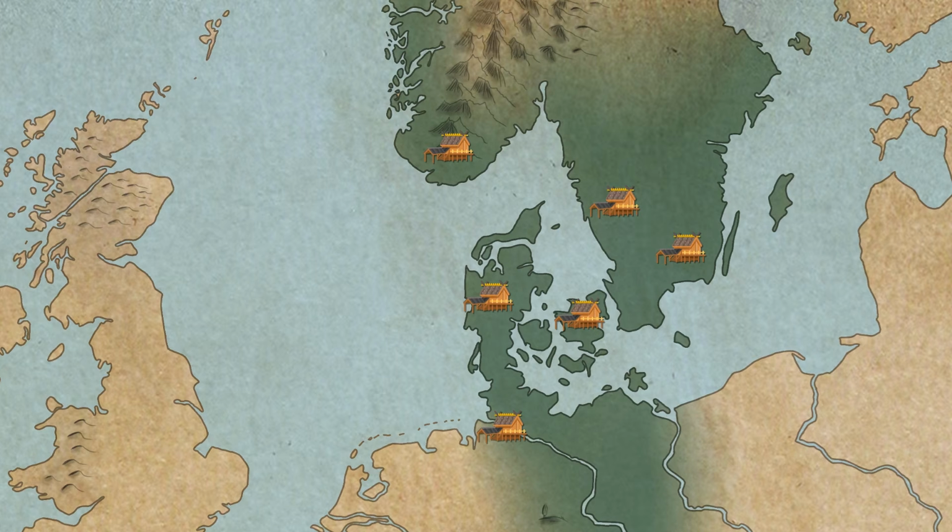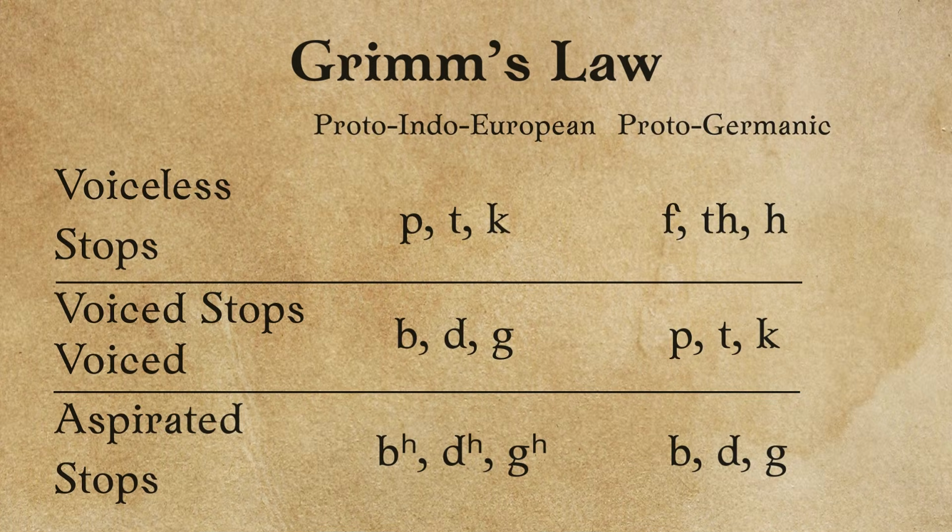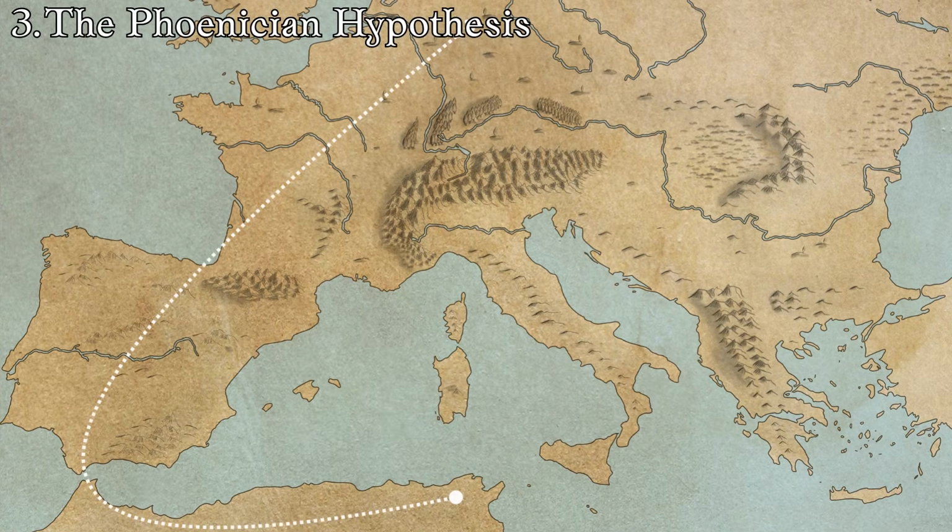There, they gradually blended into the local population, the process not only giving rise to the runes, but also leading to the sound changes known as Grimm's Law that set Germanic apart from the other Indo-European languages. Whilst the Punic origin of the runes could account for their conceptual meaning and suggest a transmission route via sea, which aligns with their first appearance in the vicinity of modern Denmark, the chronological gap remains problematic.